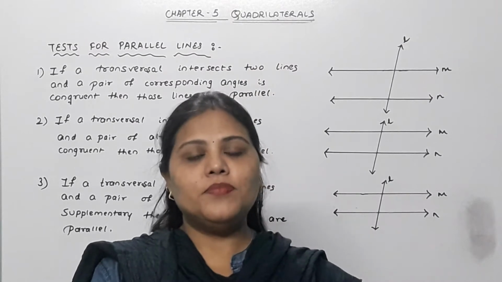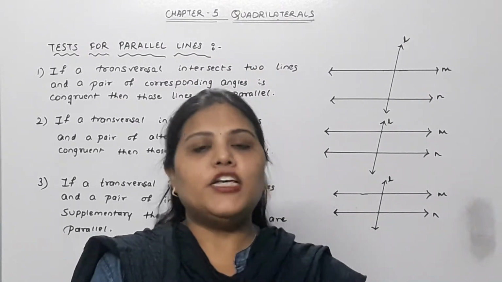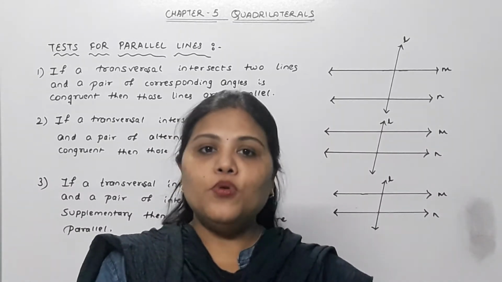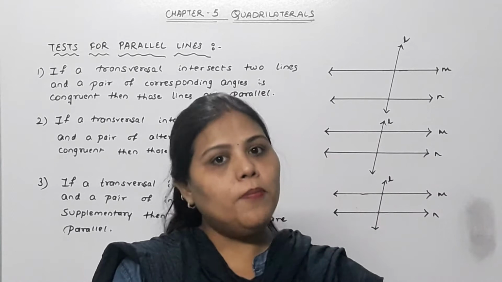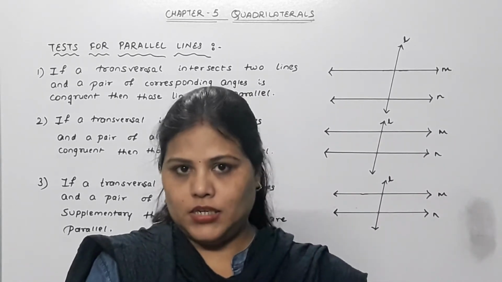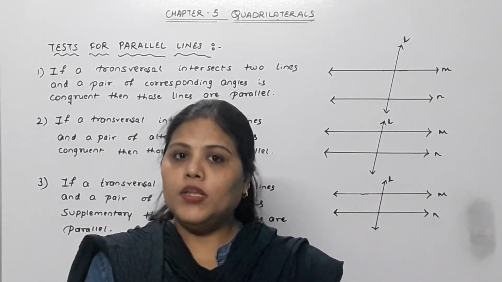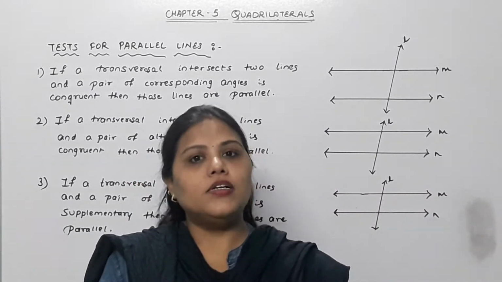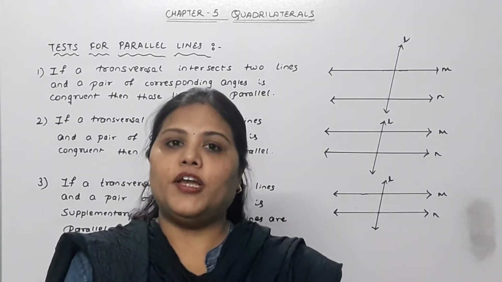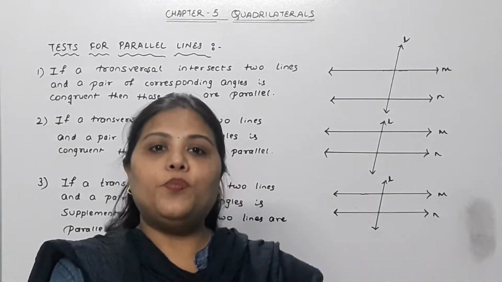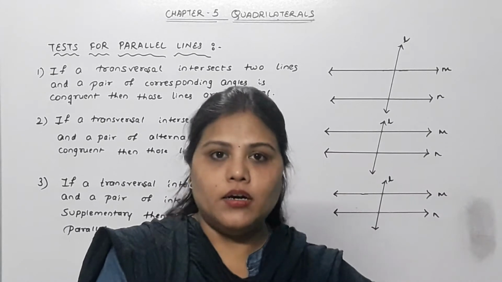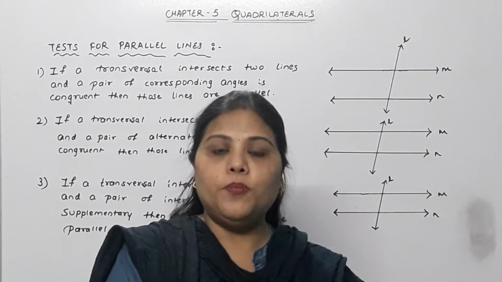Welcome back children. Today we are going to learn tests for parallel lines, and we will apply those properties to prove that a given quadrilateral is a parallelogram. We have already learned in chapter 2, parallel lines, this year: the interior angle theorem, corresponding angle theorem and alternate angle theorem. Now the converse of these theorems, how we are going to use them to prove that a given quadrilateral is a parallelogram, that we are going to learn in these three properties which are provided in your